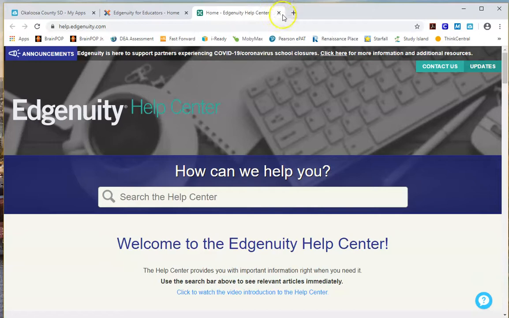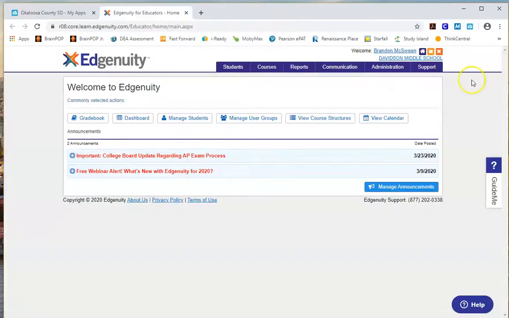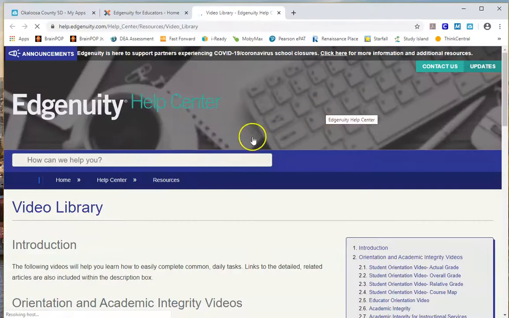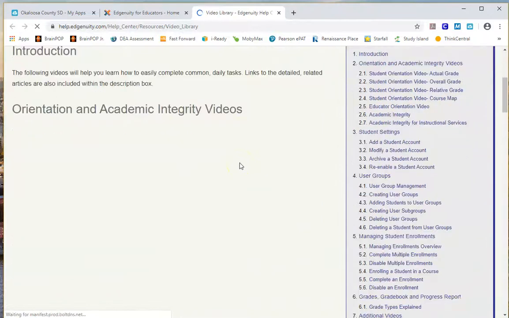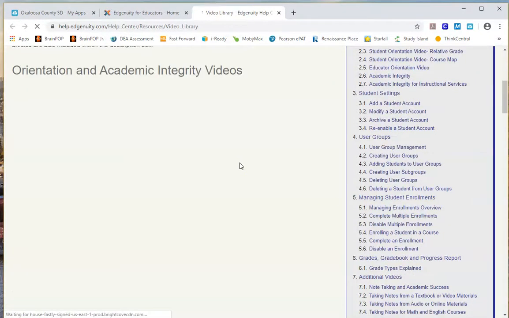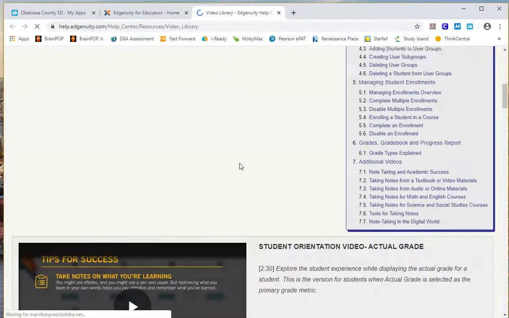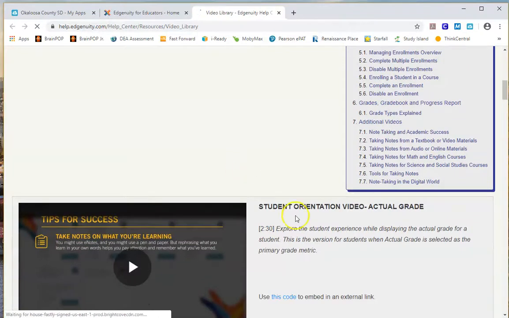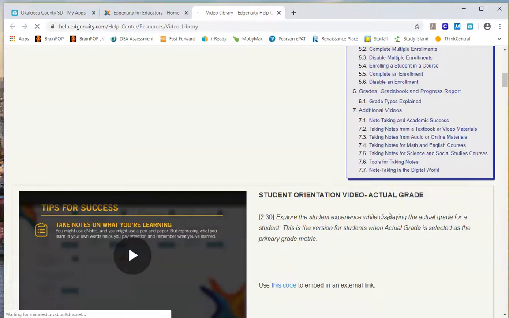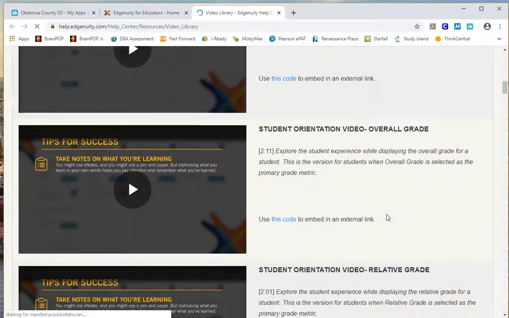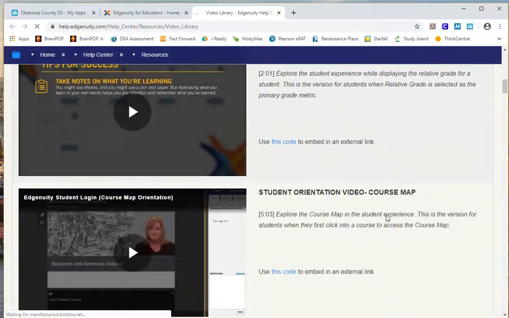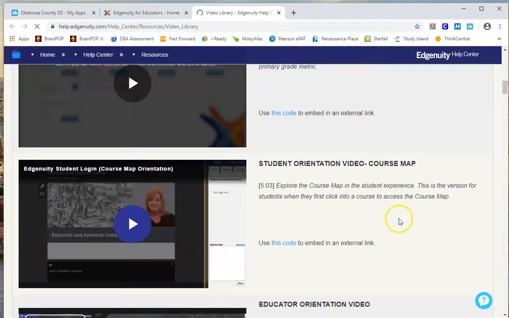All right, so we're going to leave that particular button and we're going to go back to support, and we're going to go to the video training library. This is a fantastic page. Again, once it loads, it shows videos on a multitude of topics. For example, actual grade, what does that mean? Overall grade, relative grade, the student orientation video,